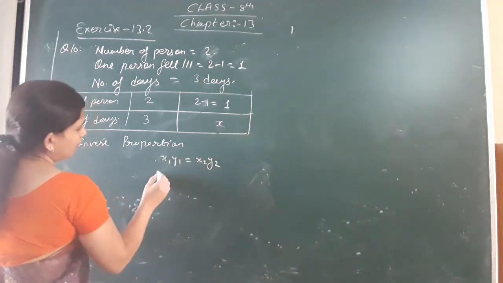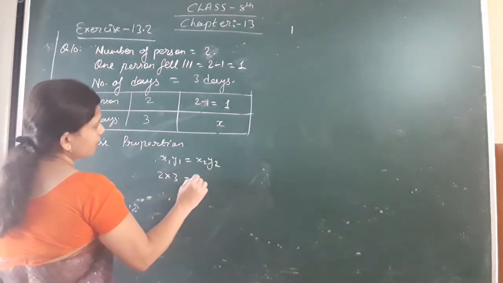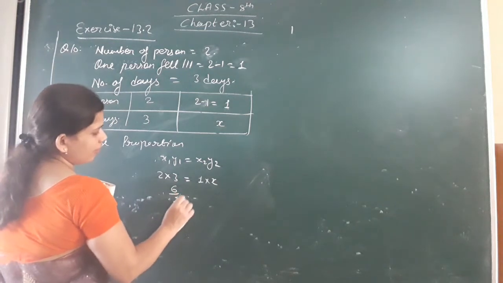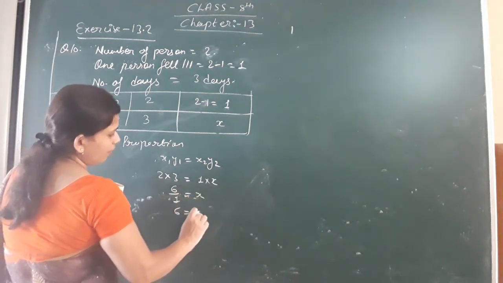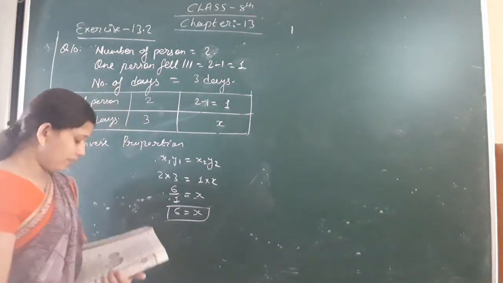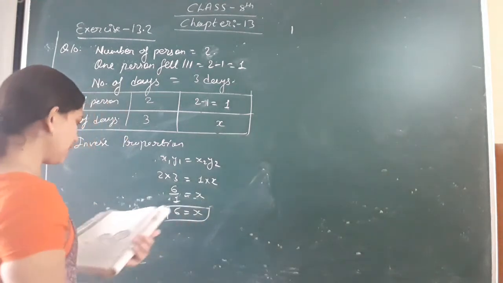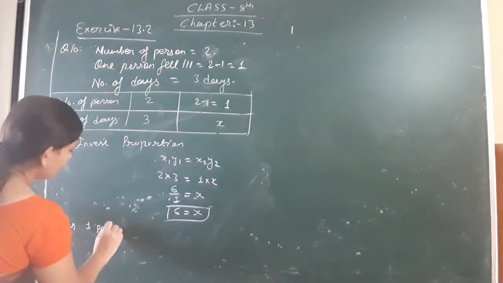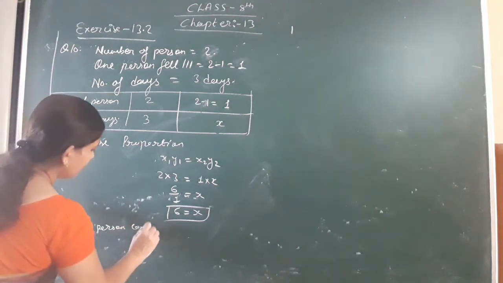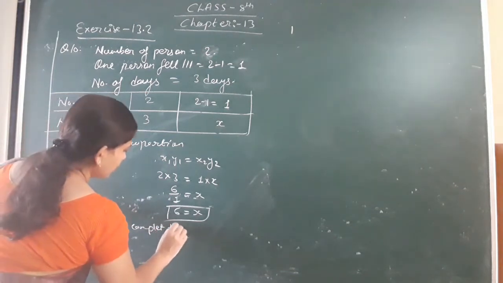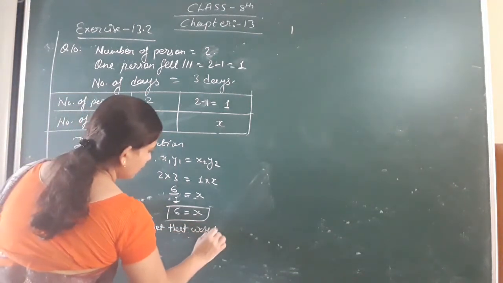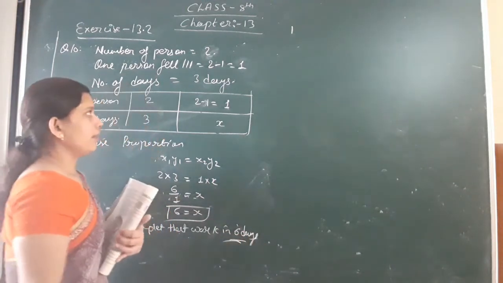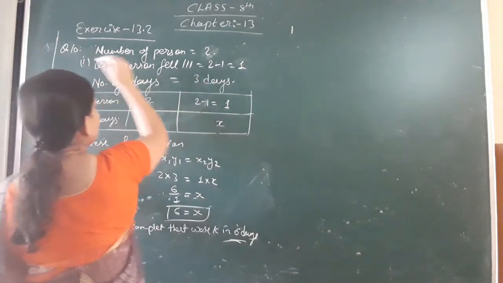Okay, so here we are having 2 into 3 is equal to 1 into x. So 2 into 3, that is 6. 6 divided by 1 is equal to 6. So the number of days required by 1 person will be 6. Thus 1 person completes that work in 6 days. Okay, now this is the first part of question number 10, and in the second part